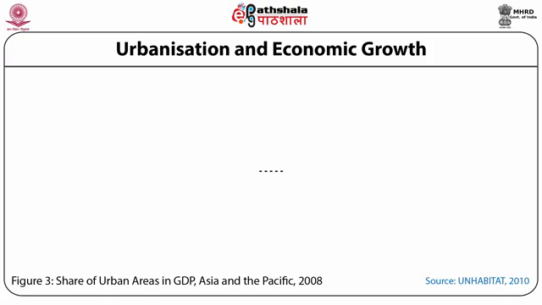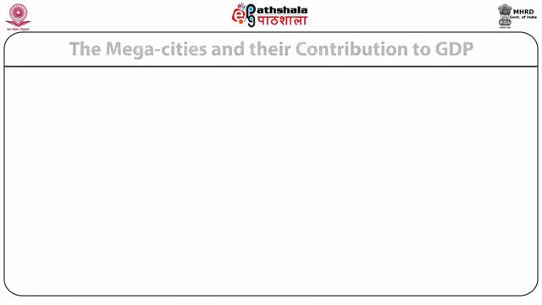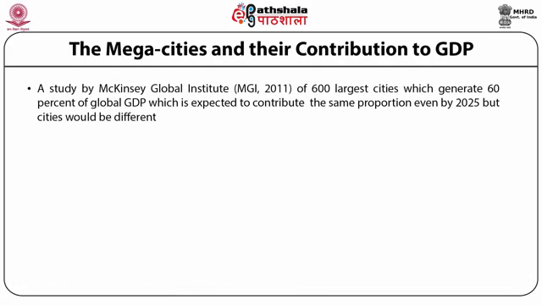The GDP in this region has grown by 5.3% in 2007, which fell to 3.4% in 2008, but was at 8% in 2011. Similarly, in Southeast Asia, about 47% of total population live in urban areas, generating about 80% of GDP. It is being assumed that a major proportion of contribution of cities in world GDP would be by the emerging markets. In an interesting study by McKinsey Global Institute of 600 largest cities ranked on basis of their contribution in world GDP,